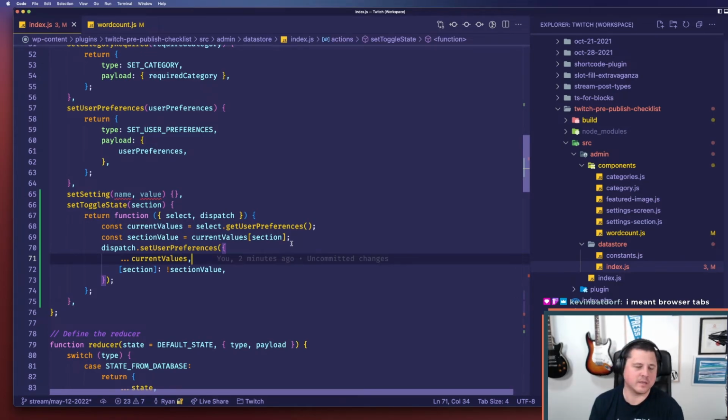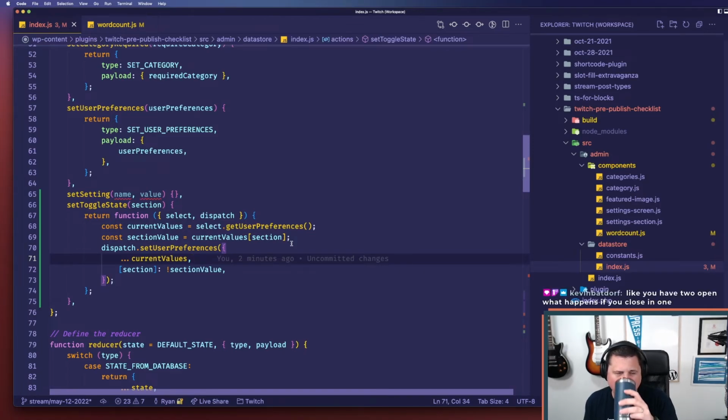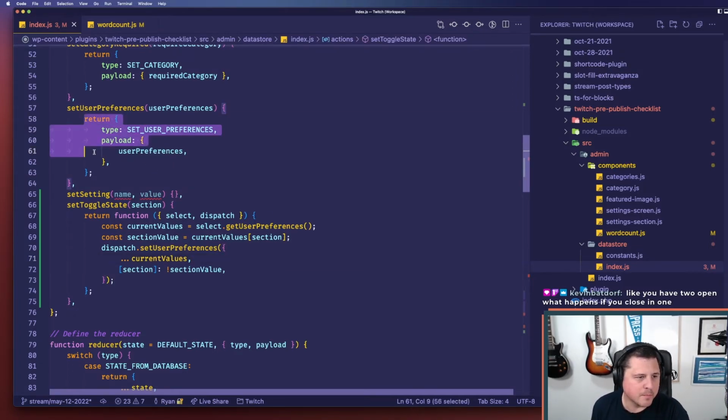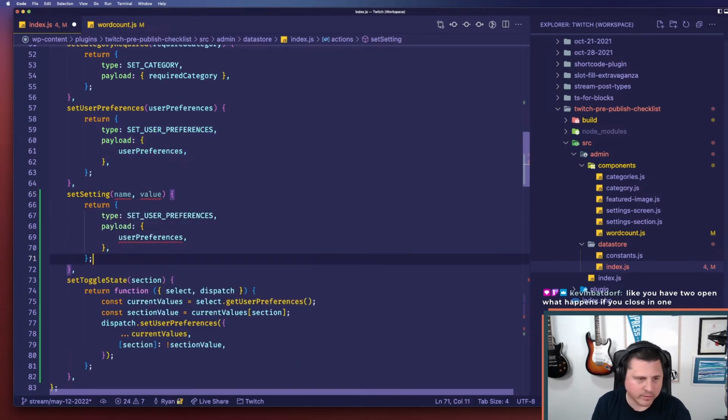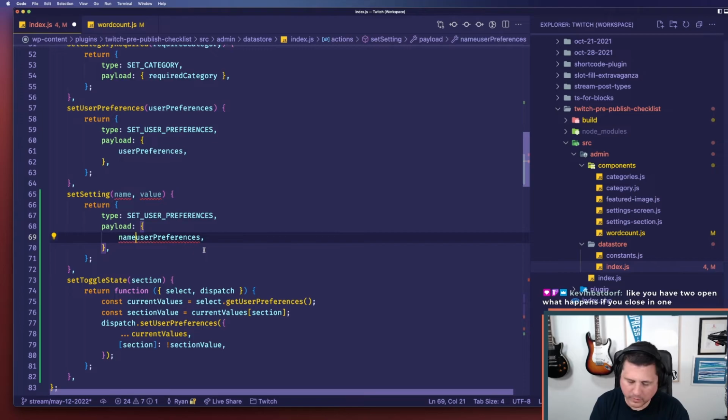Oh, I see what you're saying. Yes, the local storage, you mean. Okay, so set setting is basically going to be something like this, because we don't really need the right. We don't really need